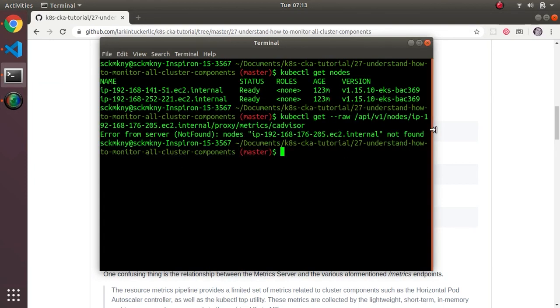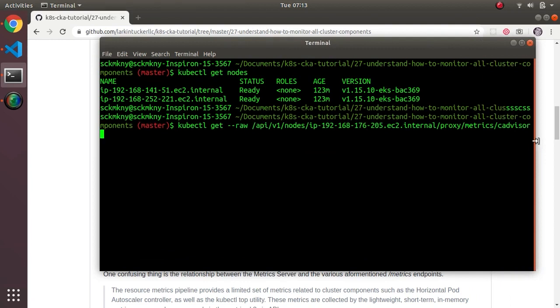This command is just another raw command, and what I'm doing is going to the node. There's an API on API server where I go to the node, and then I can make a proxy command, which will turn around and connect to the kubelet running on a node, and you can get details about the kubelet. So what I'm looking at here is if I go to nodes, if I paste in the actual node name,